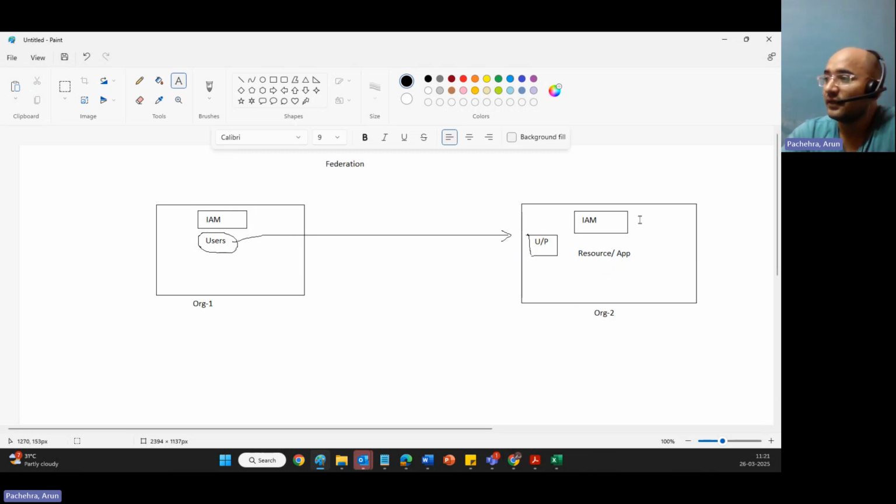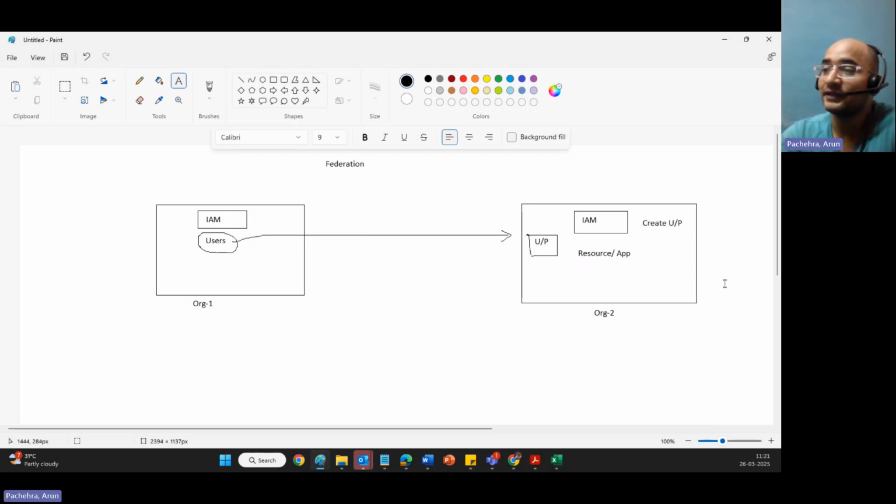The very first thing is this IAM system needs to authenticate at this point in time, because there is nothing between these two organizations. So we need to create the credentials here, and they need to type these credentials. We need to create a user and password and provide this username and password to this guy so that he can type it in when the login comes and access these resources and application, which seems very cumbersome, with a lot of issues that we'll talk about. So situations like this